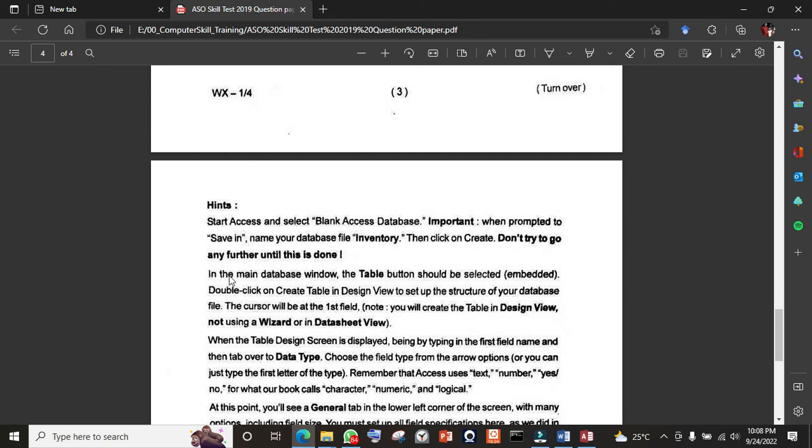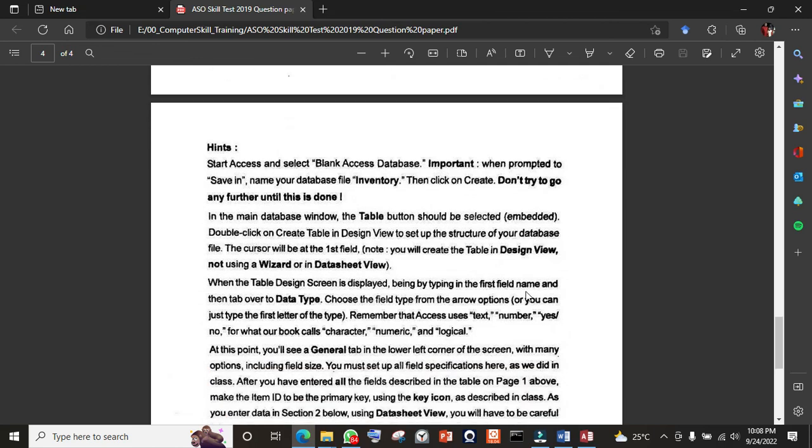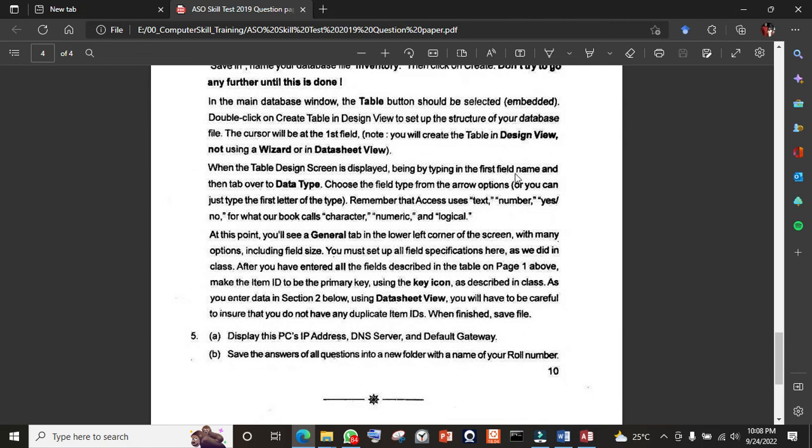अभी देखिए, अभी बोल रहा है तो आपको डेटाबेस बनाना है इन्वेंट्री नाम पे, ठीक है। In the main database window फिर टेबल को सिलेक्ट कीजिए, डबल क्लिक करके टेबल डिज़ाइन व्यू पे चलिए, ठीक है। फिर टेबल डिज़ाइन स्क्रीन जब आ रहा है तब आप एक एक फर्स्ट फील्ड का नाम दीजिए, फिर डेटा टाइप को दीजिए, फील्ड टाइप को आप चूज़ कीजिए। और इसने हिंट भी दे दिया है आपको, यदि टेक्स्ट है, यदि आपको कैरेक्टर है तो आपको टेक्स्ट चूज़ करना है, यदि न्यूमेरिक है तो आपको नंबर चूज़ करना है, यदि येस नो वाले हैं तो आपको लॉजिकल चूज़ करना है, ठीक है।